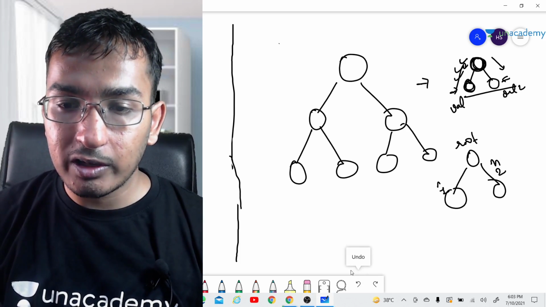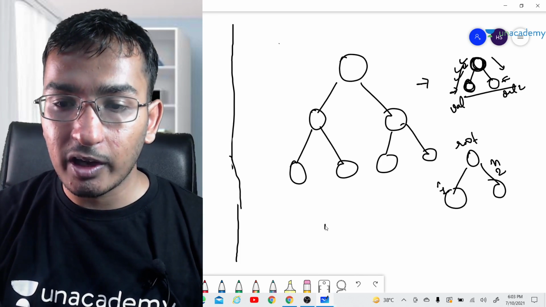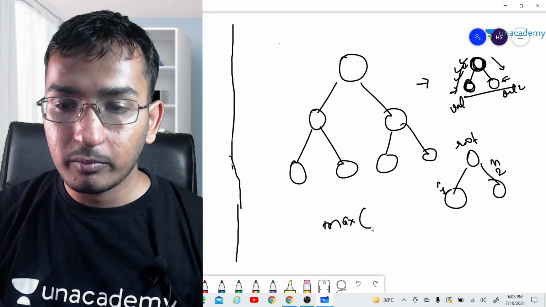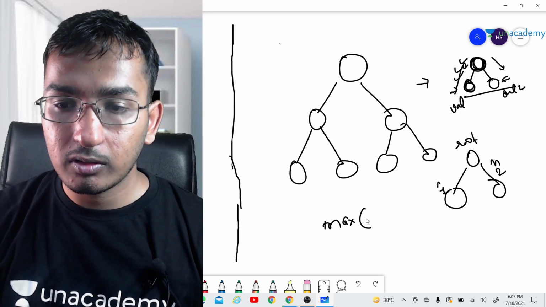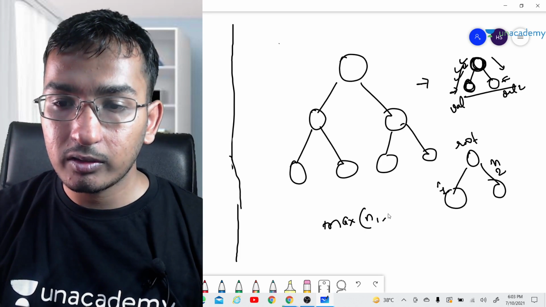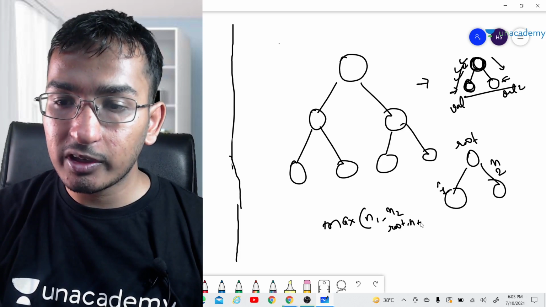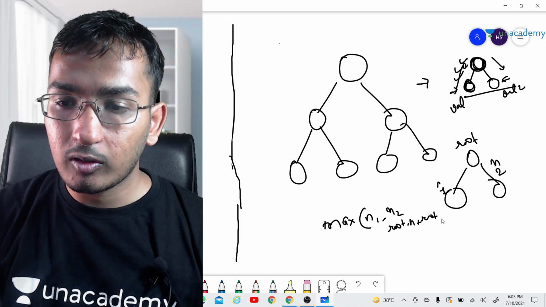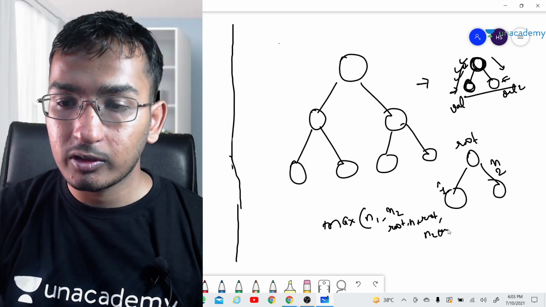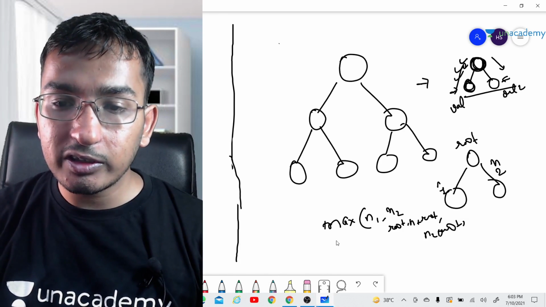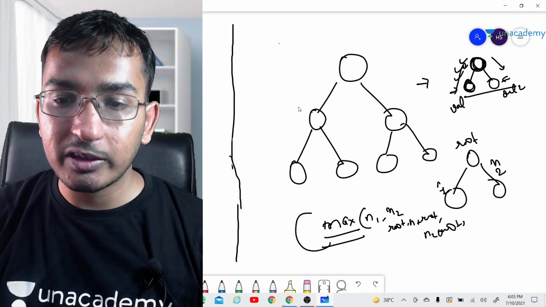So what will our answer be here? Maximum of n1, n2, or root, or n1 plus root, or n2 plus root. This could be our answer, right? This is one possibility we can have.